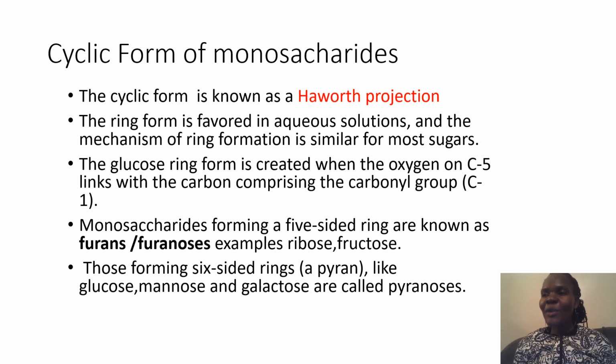Another example is sucrose. Sucrose is a disaccharide. Cyclic form, the Haworth projection, increased the solubility of those disaccharides because for sucrose, even if you stir that table sugar in cold water, it will still dissolve. So the cyclic form increased the solubility of those